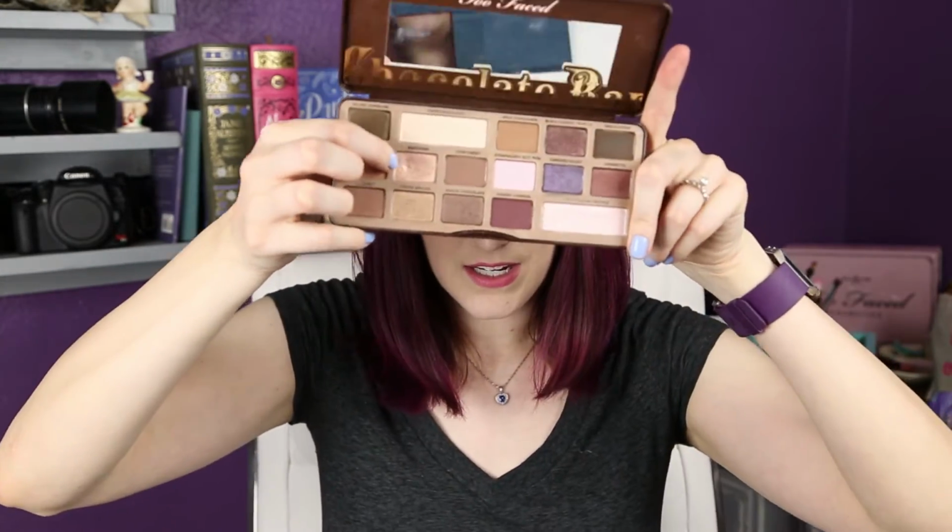All right, the next shade is my all-time favorite shade in the Too Faced chocolate bar. The Makeup Revolution, it is this shade right here, and it's called More from Makeup Revolution, but it is Marzipan right here in the chocolate bar. If you've seen any of my tutorials with this, Marzipan is my all-time favorite shade, and I'm terrified because there's a big old divot in it. It's gonna be gone, but...